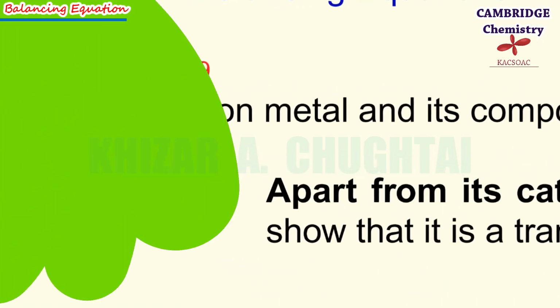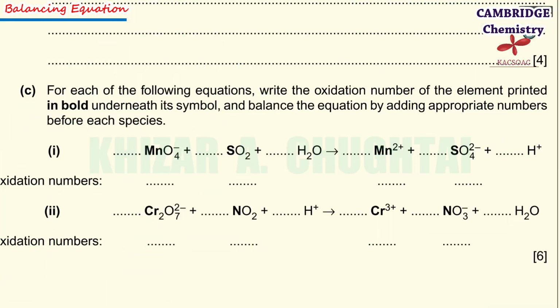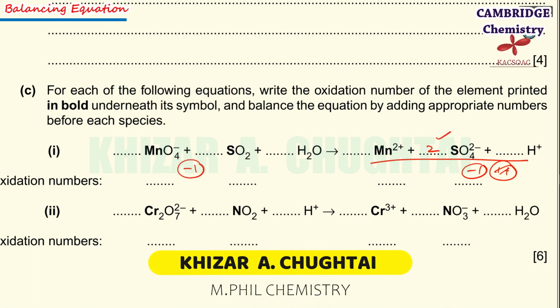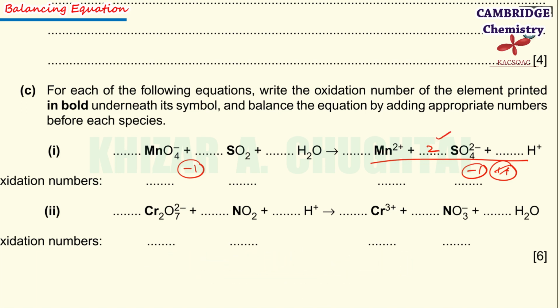October November 942 variant. In this question, first of all, I am going to balance the charges. On the right hand side there is one positive overall charge and here is one negative charge. So I'm going to multiply by 2 to make one negative on the right hand side. Okay, now the charges are balanced. After putting the 2 in front of SO4, 2 negative ions, I have increased the number of sulfur. I'm going to balance the sulfur now. As now sulfur atoms are balanced. And now come for the oxygen atom.